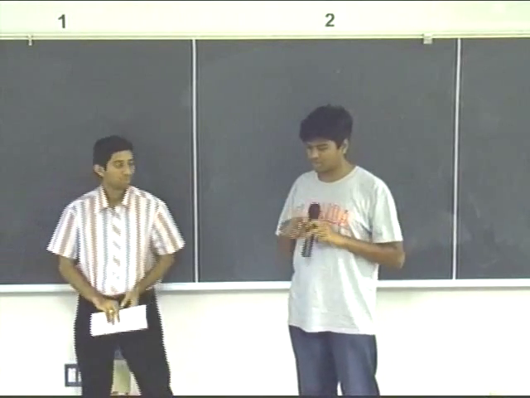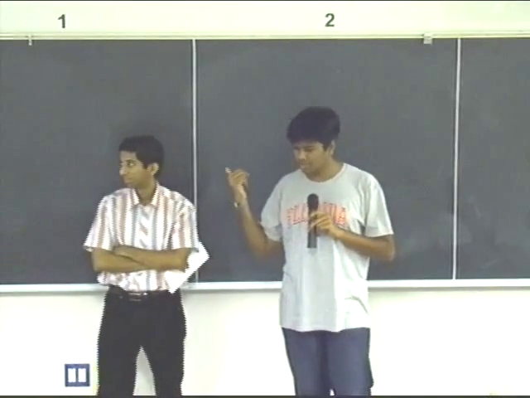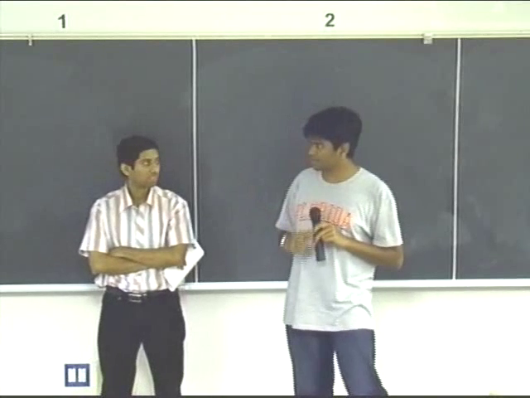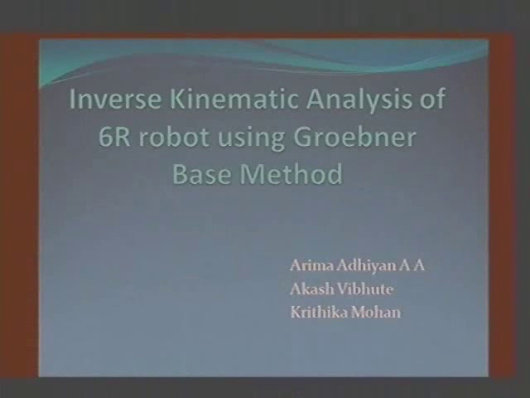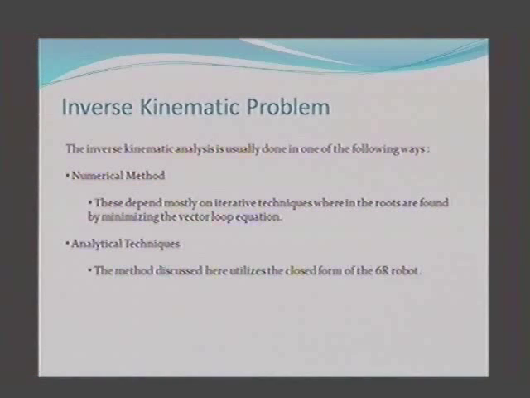So hi, our project is on a paper which was inverse kinematic analysis of 6R robot using the Groebner Basis method, and I'm just trying to introduce it. So we had two types of methods that we usually use for inverse kinematic analysis, which is the numerical method